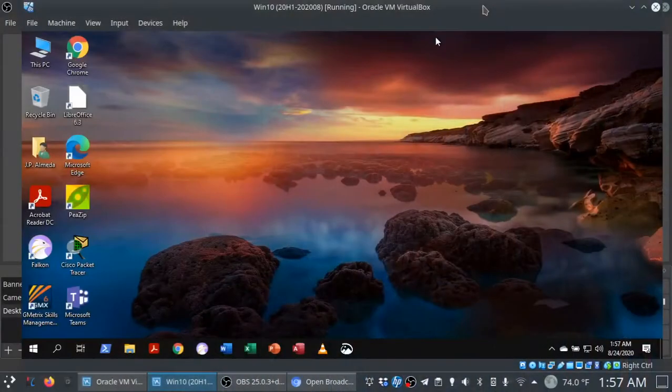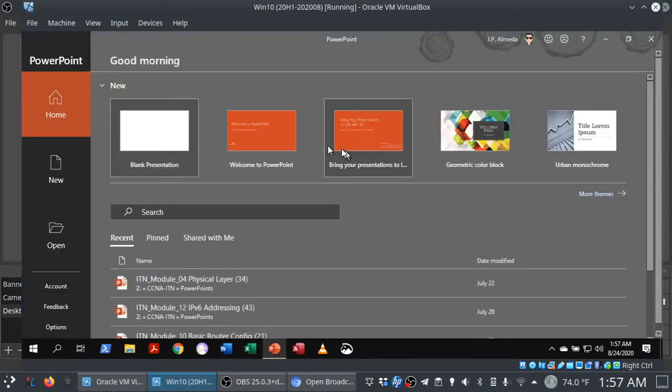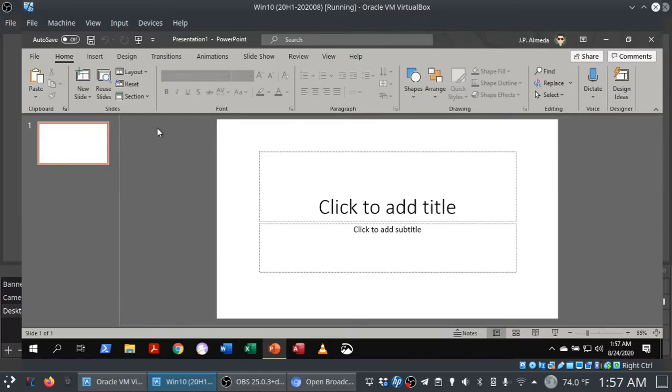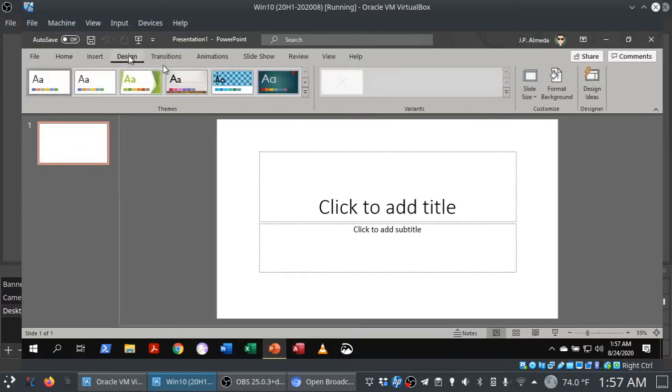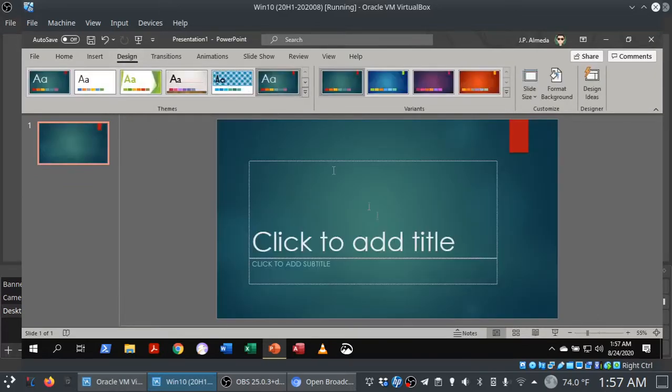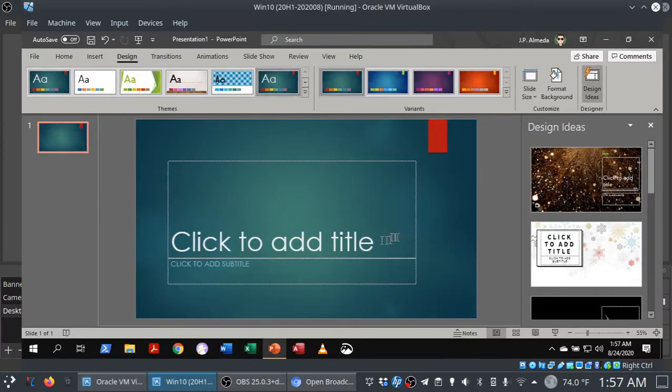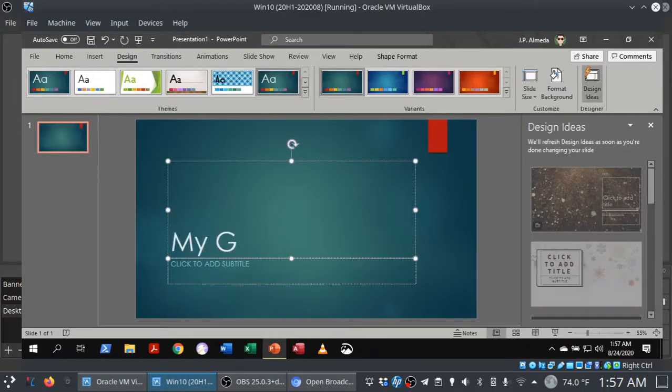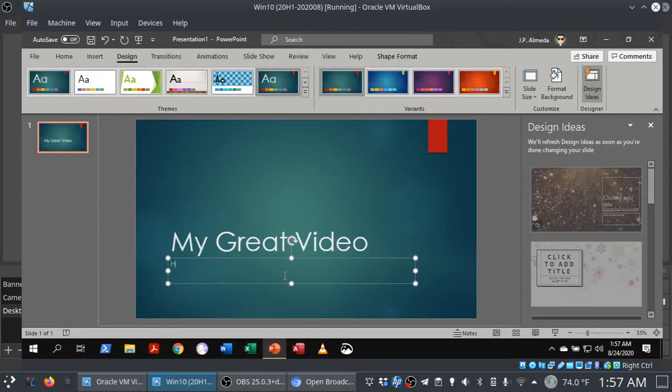Okay, so for example, if I want to show you what this looks like in PowerPoint, boom, it's already set up and I'm ready to go. And here's PowerPoint. Let me whip something up real quick here. So if you were using PowerPoint, again, you would design the slide however you want, and then all you have to do is just change the text. And then once you've done all that, to go in and